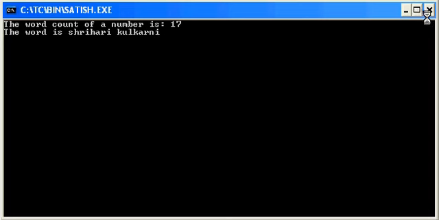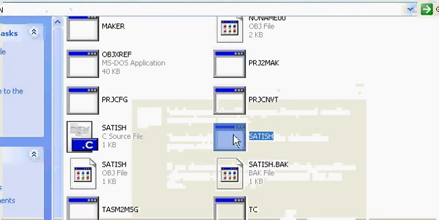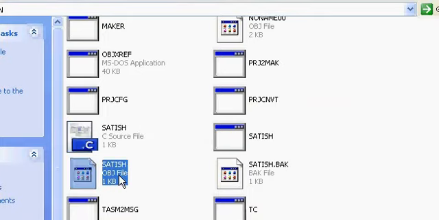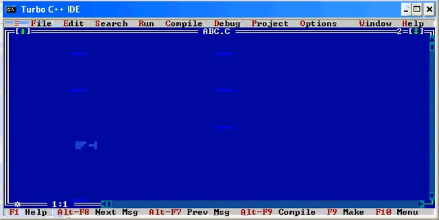That program I had stored over here. This file is called the executable file, this is the source code, and this is the object file. Whenever we write a program, all three of these files will be created in TC bin. So what a preprocessor directive is: before executing, some steps are taken at the back end of the compiler.